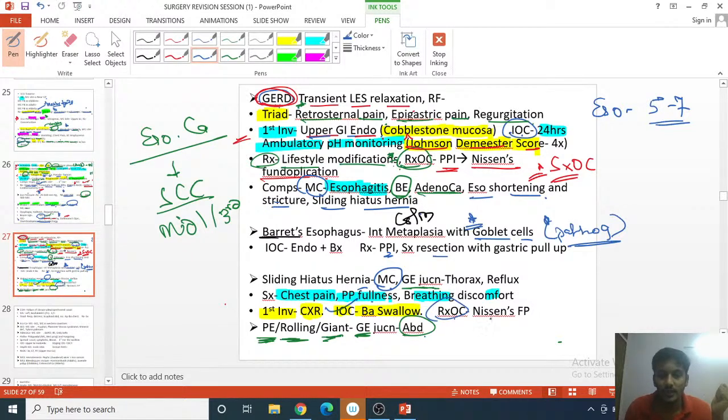And the treatment of choice is again Nissen's 360 degree fundoplication. ठीक है, so Nissen's fundoplication कर दो, stomach को tie कर दो around your esophagus. Okay, so this is Nissen's 360 degree fundoplication. Then moving further,